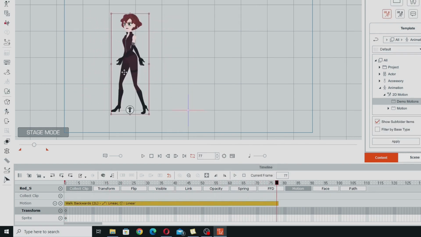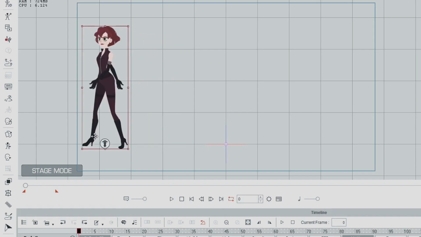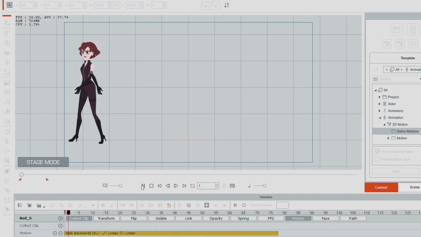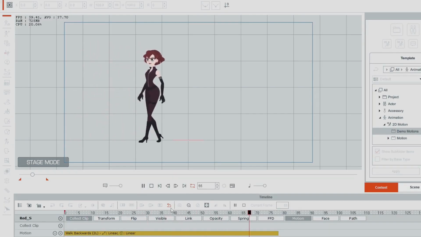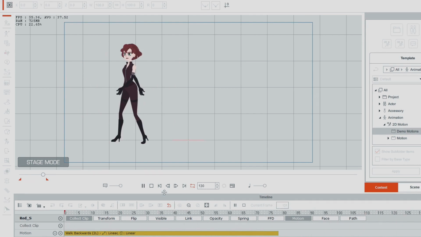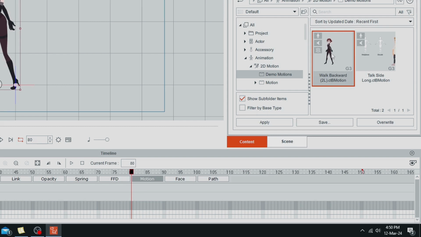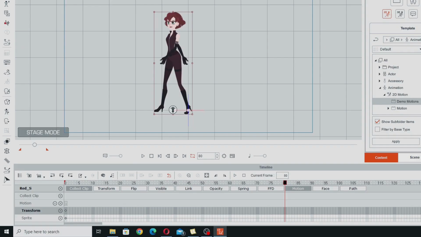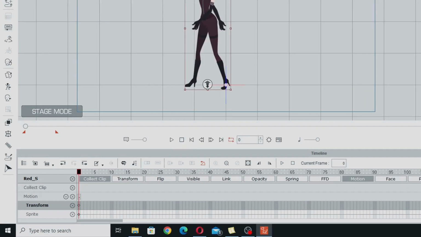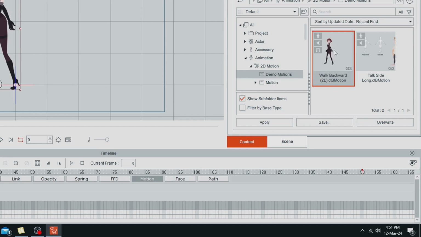and you'll see that was added in. With it being a root motion, it started from where she was when we started recording, and you can see her actual root, the character's root, just there. And if we press play, she's going backwards. Or undo that and we can apply this motion here. Make sure she's back at the start and just select this motion by double clicking on it,